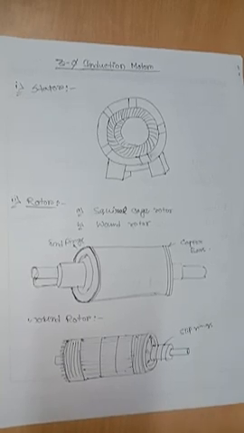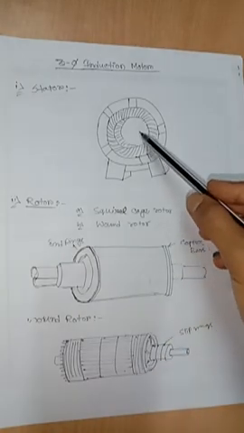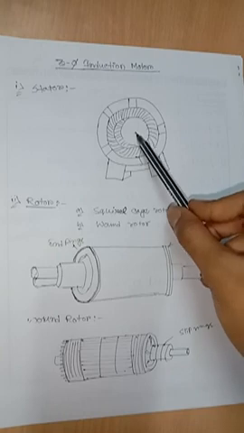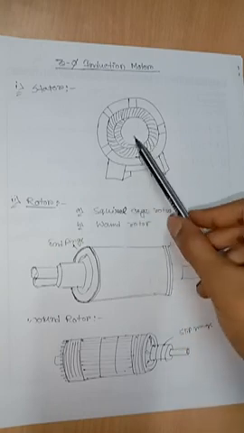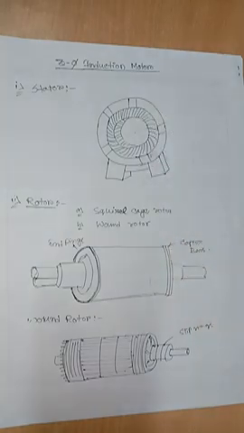So here this is our wound rotor, and both rotors are placed in the hollow cylindrical stator core. It is inserted in the stator frame, just in the middle of the stator frame. So this is our basic construction of the induction motor. Next we discuss the operating principle. So thank you.